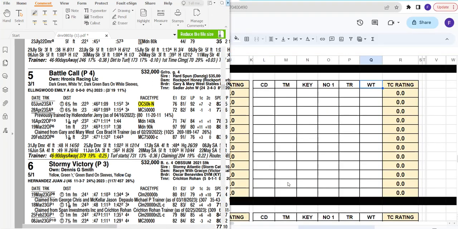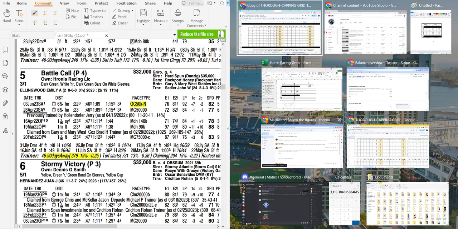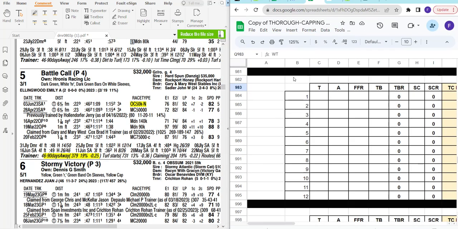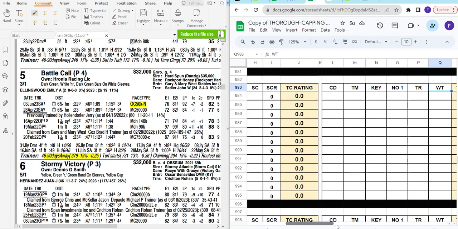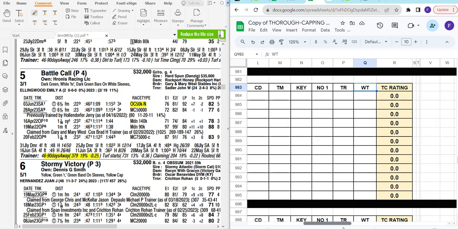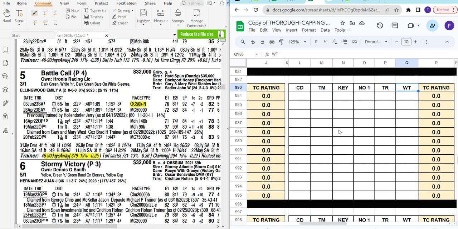Now, what I'm going to do is a split screen here so that we can see both the past performances and the qualitative section of the grid. All we're doing here is anytime there's a class drop, for example, we'll use the 5 horse. So the 1, 2, 3, 4, 5 horse would just get a 1,